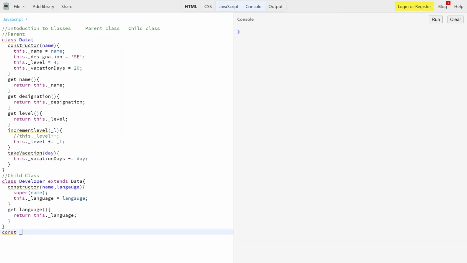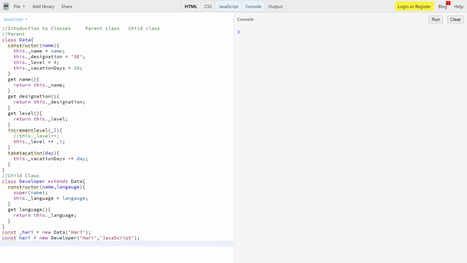We have const _hurry equal to new Data, and then put the name as hurry. Say we have const hurry equal to new Developer, passing the name as hurry, comma, JavaScript.